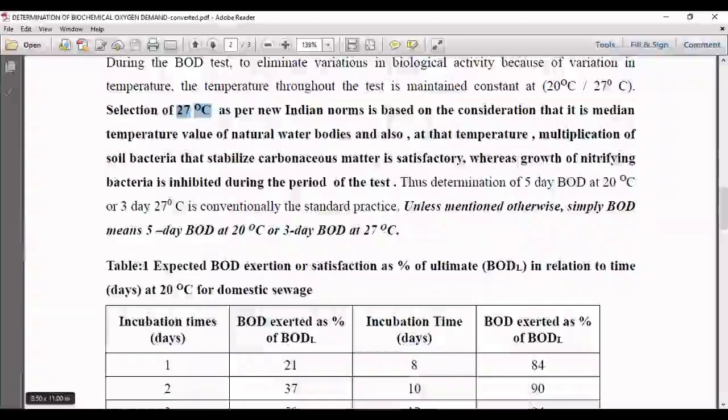Now, a very important thing that you need to understand: if I do a BOD test for a sample, and I'm determining the value for a 5 day BOD at 20 degrees Celsius, I'll be getting the same value for the same sample if I conduct the test for 3 day at 27 degrees Celsius also, right? So the values are not going to change. The BOD value for a particular sample for 5 day BOD and for 3 day BOD are going to remain